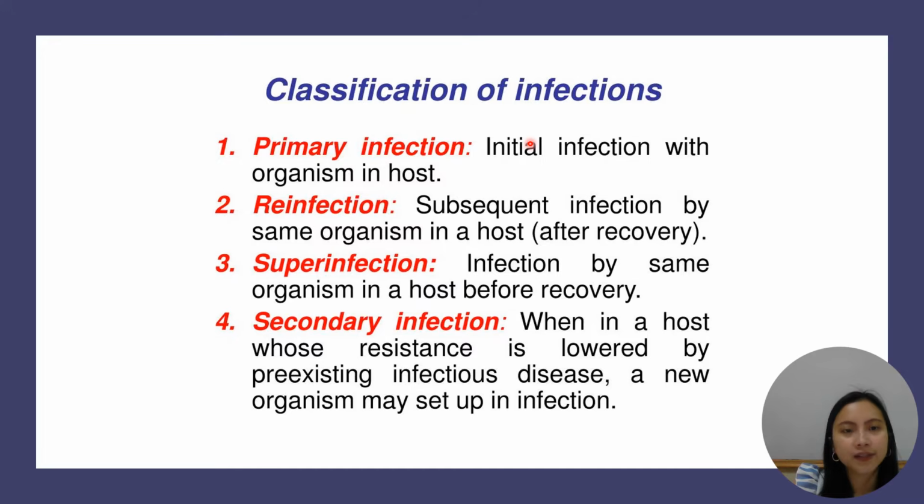For this slide, class, these are the different classifications of infections. If you can remember from the previous slide, we have autoinfection and then hyperinfection or superinfection, right? In here, there is also primary infection. From the word itself, primary, that means initial infection with the pathogen or organism to the host. For reinfection, there's subsequent infection by the same organism in a host, but this time it's after